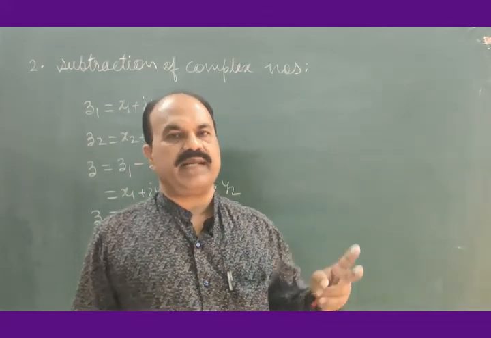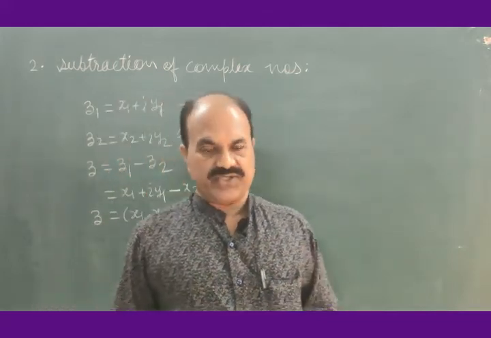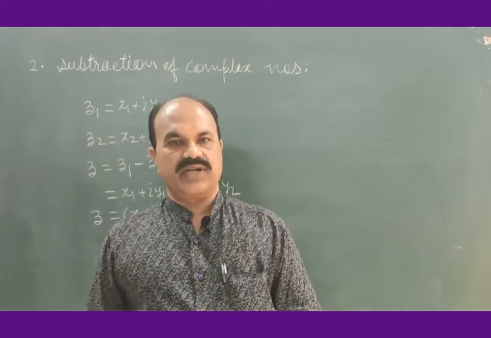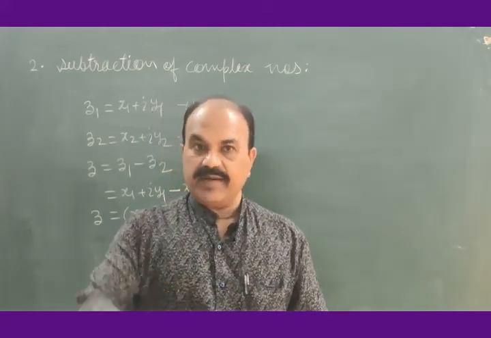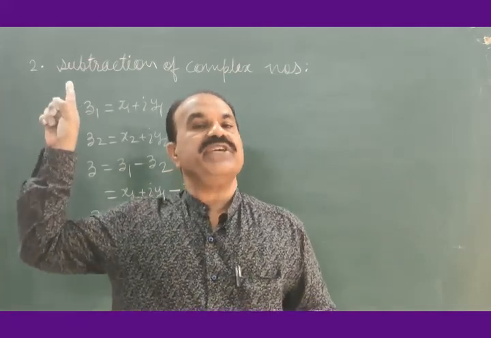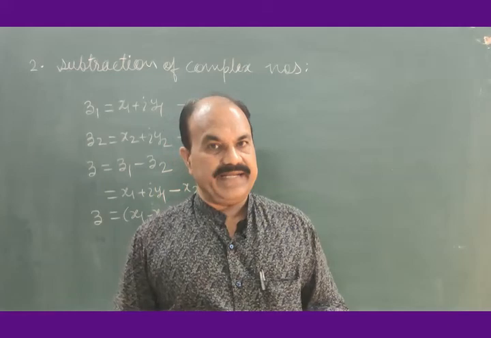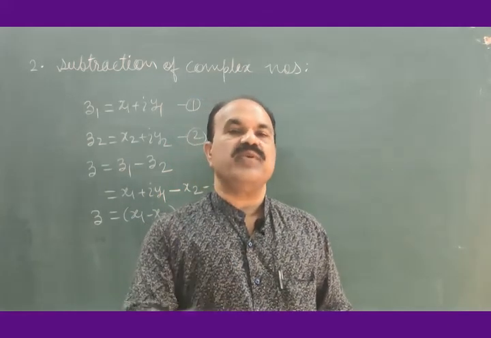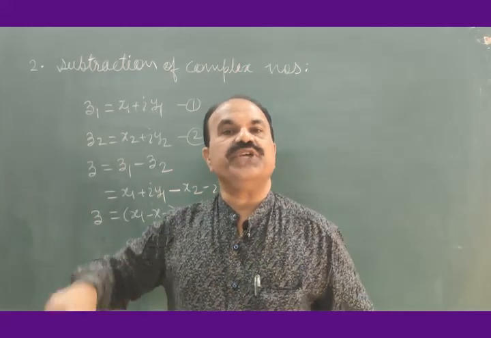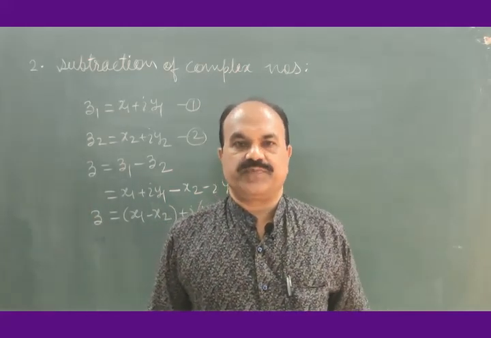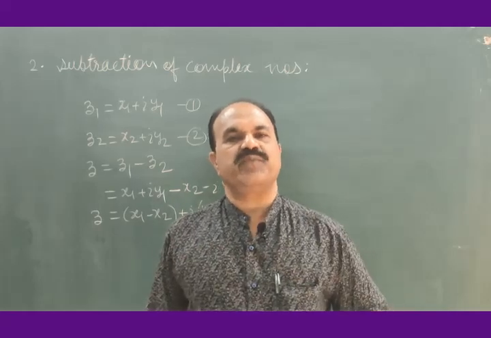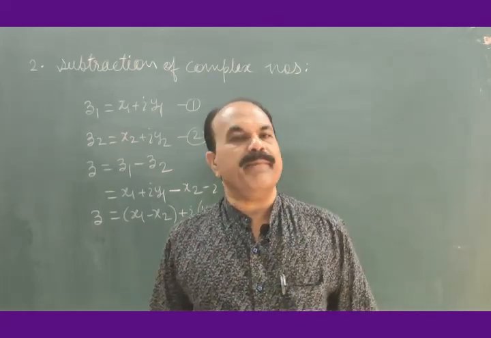So whenever we subtract two complex numbers, its subtraction will be a complex number such that the real part of this complex number is the subtraction of real parts of the given two complex numbers, and the imaginary part is the subtraction of imaginary parts of the two given complex numbers. We shall work out two problems on subtraction of complex numbers in the coming lecture.